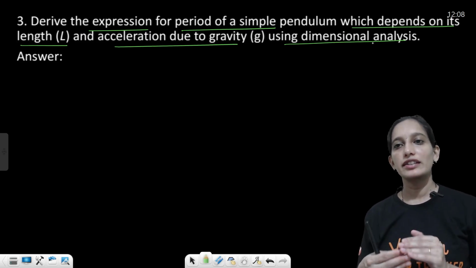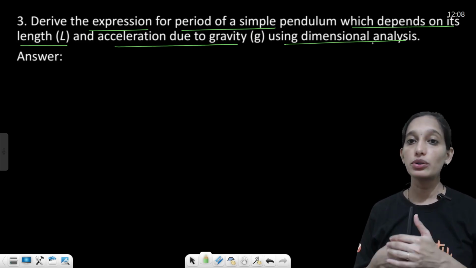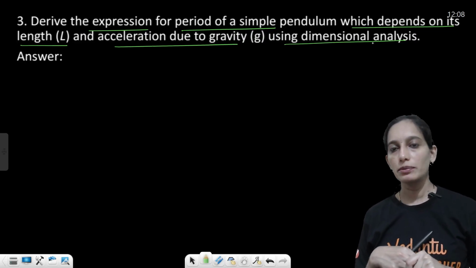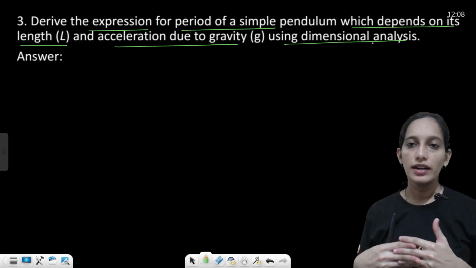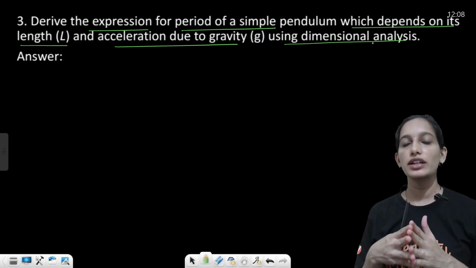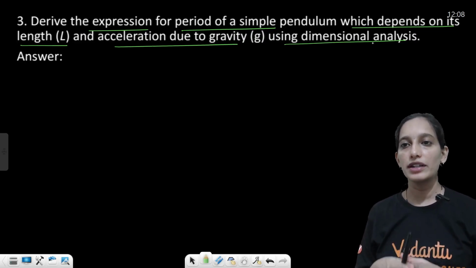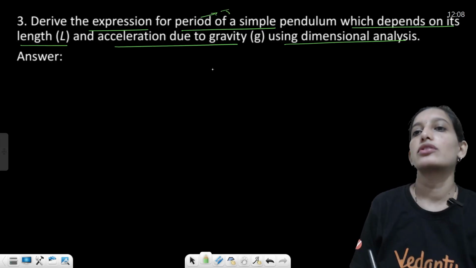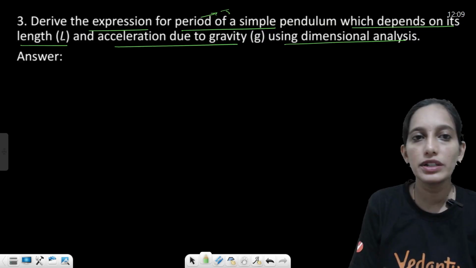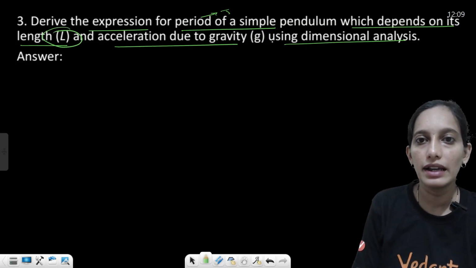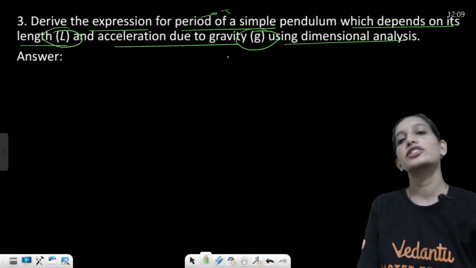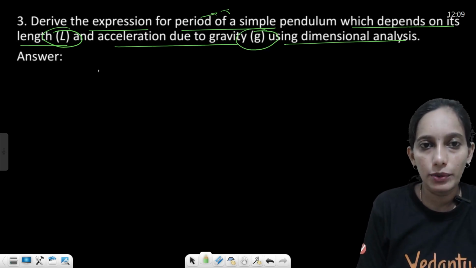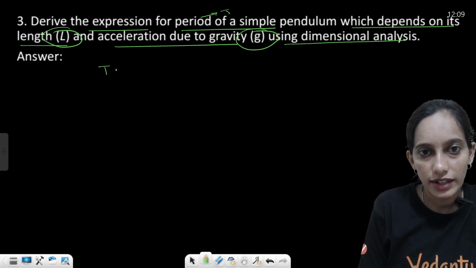Question: by using the dimensional method, we have to arrive at the equation for the time period of a simple pendulum. This is the second application of dimensional analysis. We have to derive the expression for the time period of a simple pendulum. Let the time period be capital T, and it is assumed to depend on the length of the pendulum L and the acceleration due to gravity g. If we now write it in equation form, that is the time period of the pendulum